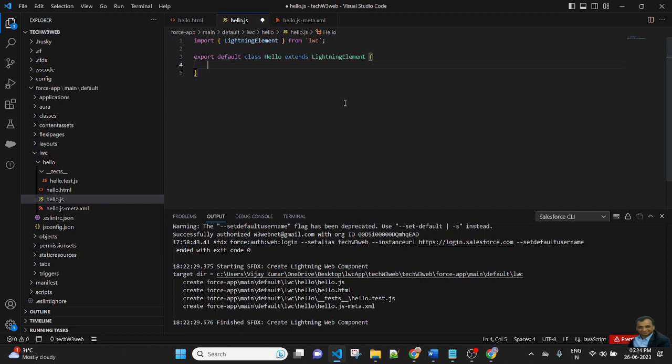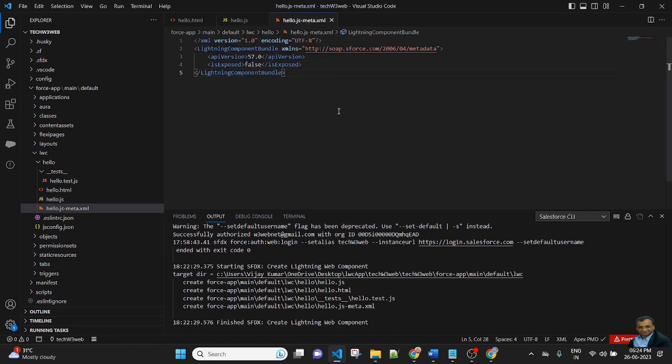So two statements are automatically created, and if you edit anything in the files, as you can see, a white circle automatically appears. If you press Control S, then the file will be saved and the white circle will go away and be replaced by the cross icon. That means the file has been saved. And there is another file, hello js meta xml.